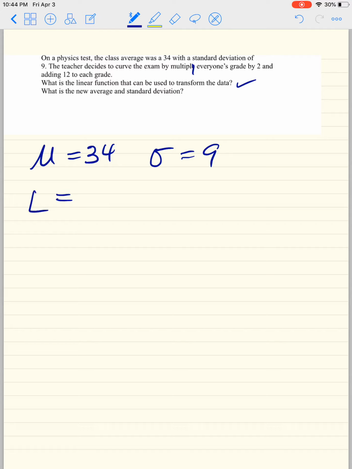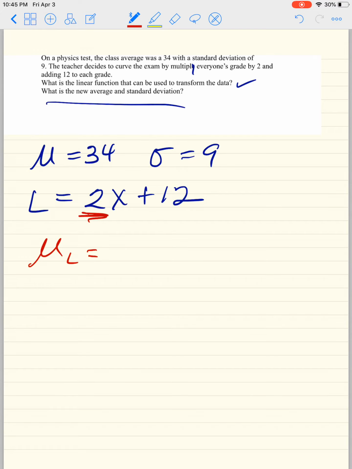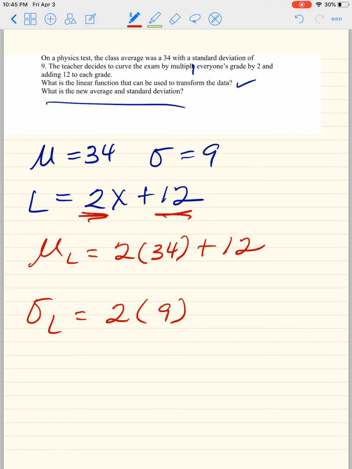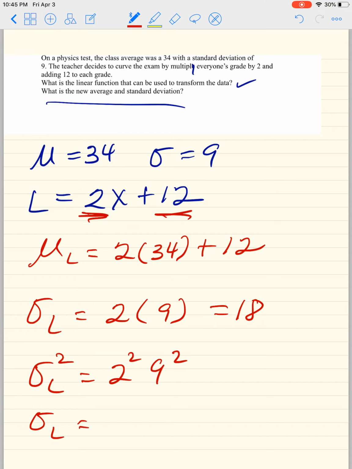Well, if you're just going to multiply everybody's grade by 2 and then add 12, this will be our function. And now it asks, what will the new average be? Well, an average is affected by both this and this. So it's 2 times 34 plus 12. And a standard deviation is not affected by the 12. So we have 2 times 9, which is 18. Once again, I probably should say 2 squared times 9 squared is equal to the variance, and then take the square root. And that's actually important because